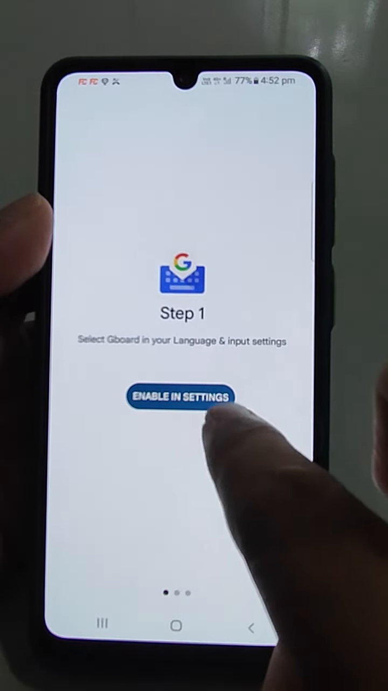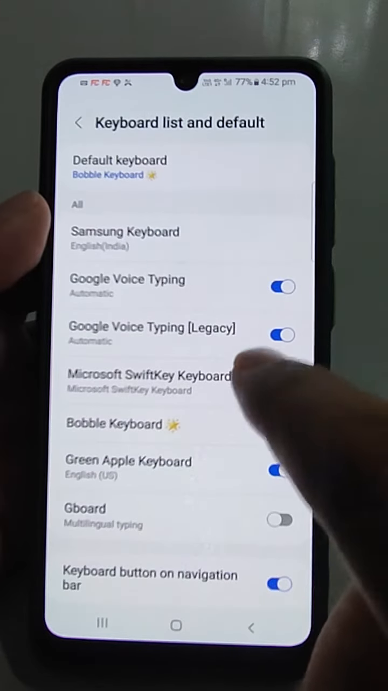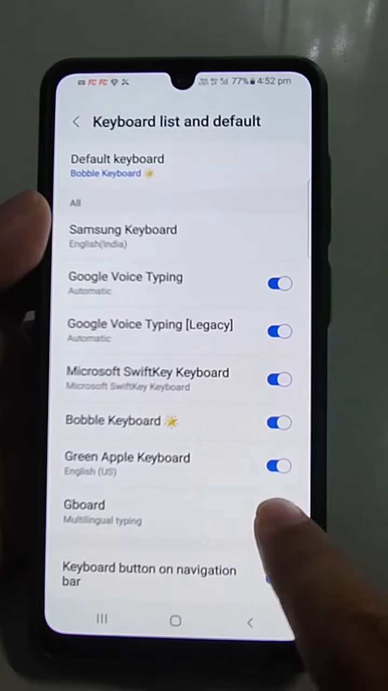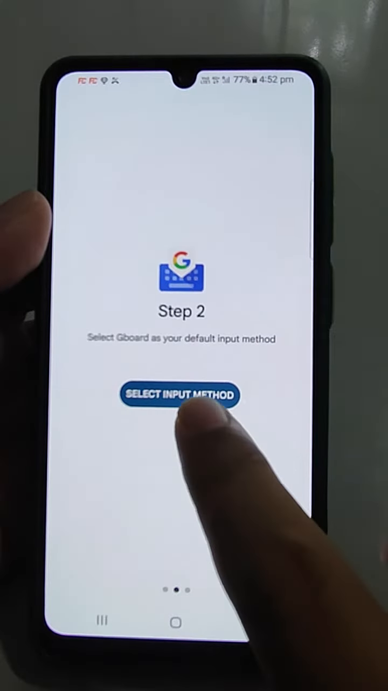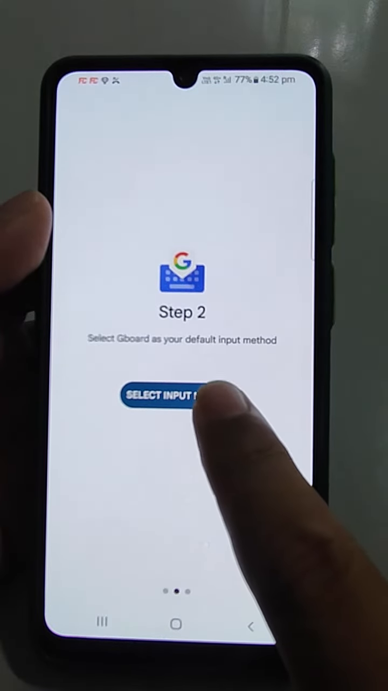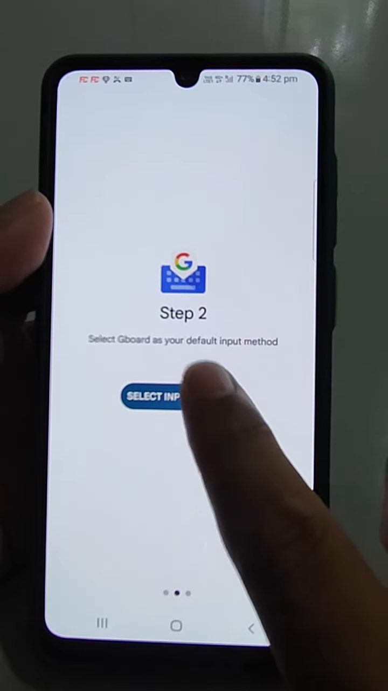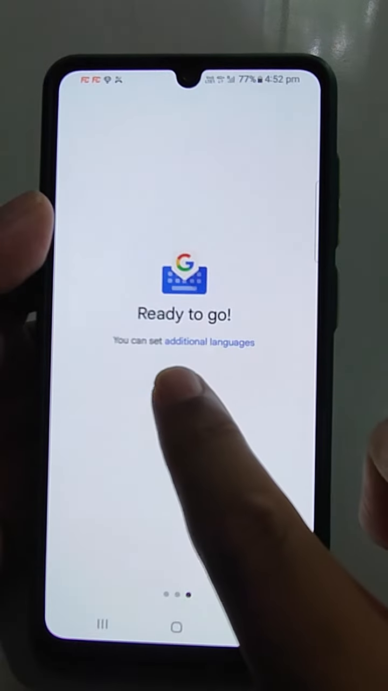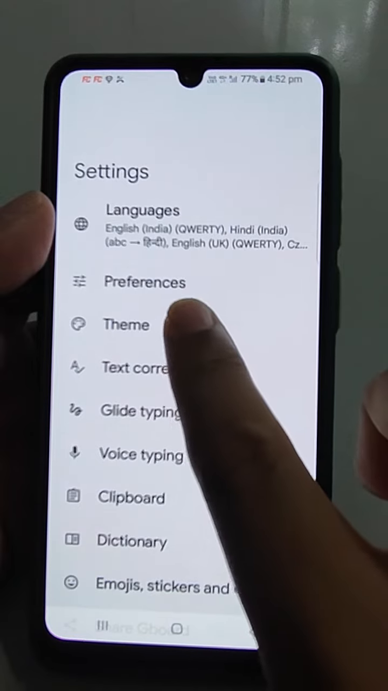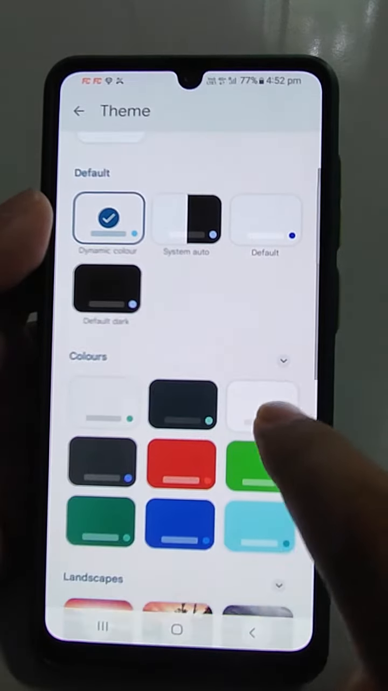Step 1, enable in settings. Then you need to go to Gboard and enable it. Then step 2, select Gboard as your default input method. Select input method, then Gboard. Okay, done. Now go to the system, go to the themes, and here just select the color you want,